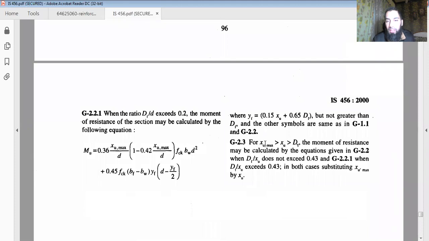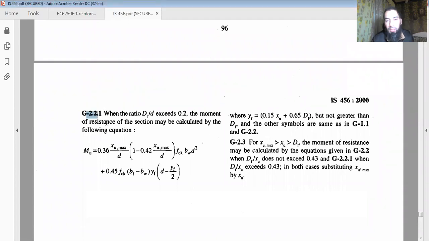Then when your xu max is greater than xu is greater than Df, the moment of resistance can be calculated by the same equation when Df by xu does not exceed 0.43,